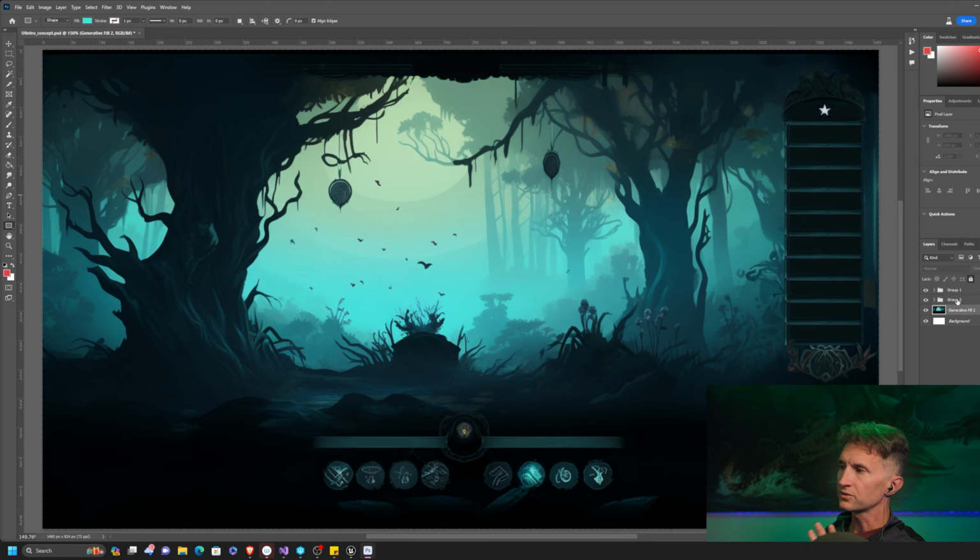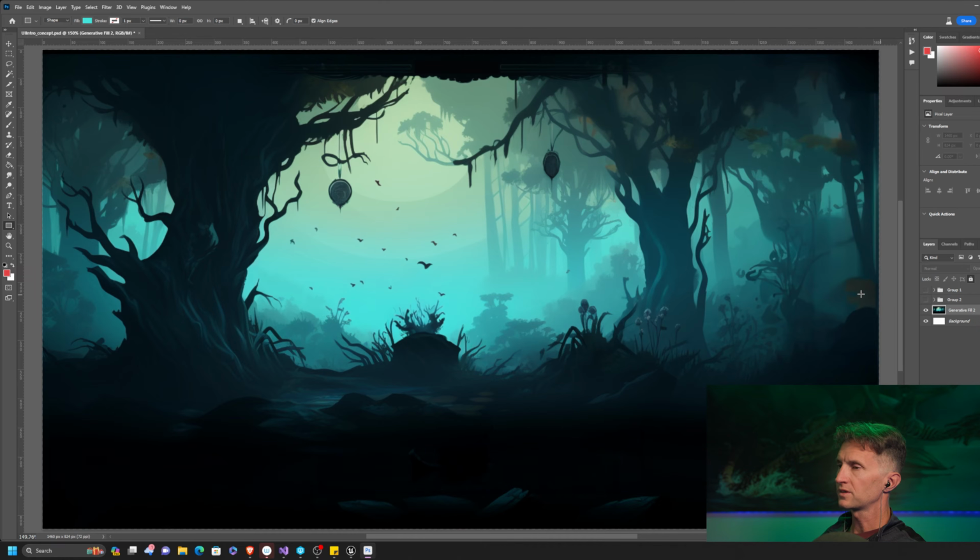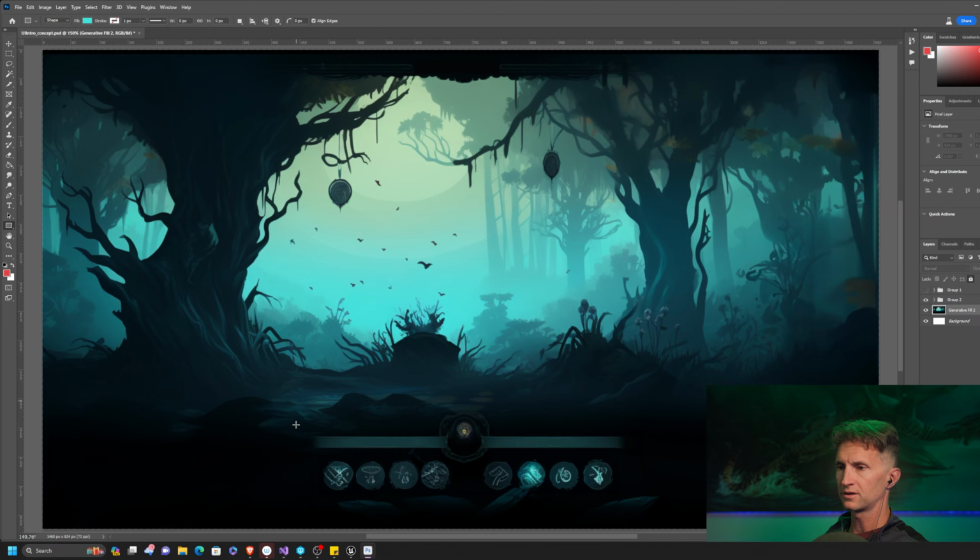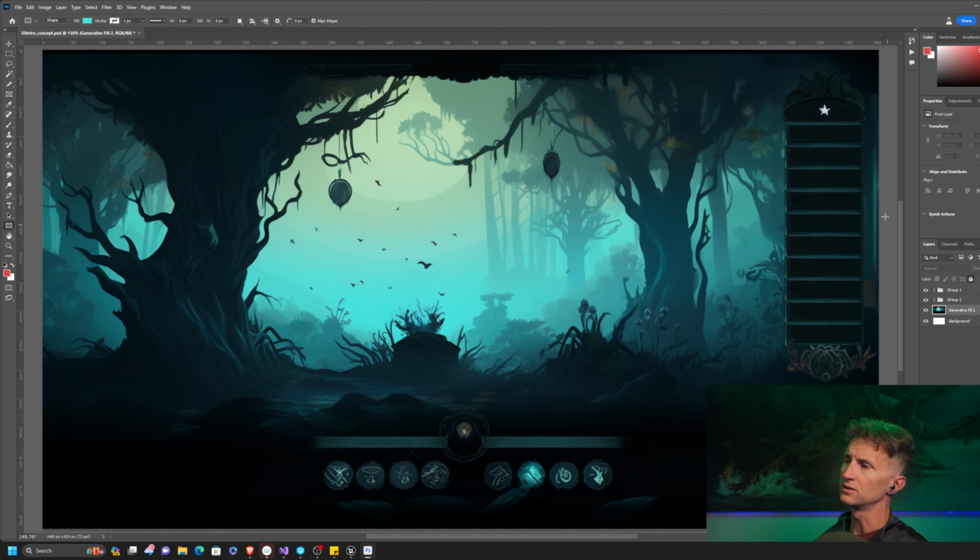Now, this is a mock-up. Best way to think about this is if this was our game, let's say we had created all these beautiful trees in this forest and everything, and part of our gamer experience, we wanted to have a UI on top of it. Our UI is going to include two parts for this demo. The first part is some kind of heads up down here at the bottom. These could be items, this could be health bars, whatever, it doesn't matter. These just are placeholders. And the second piece is maybe something we can use to store a list of objectives